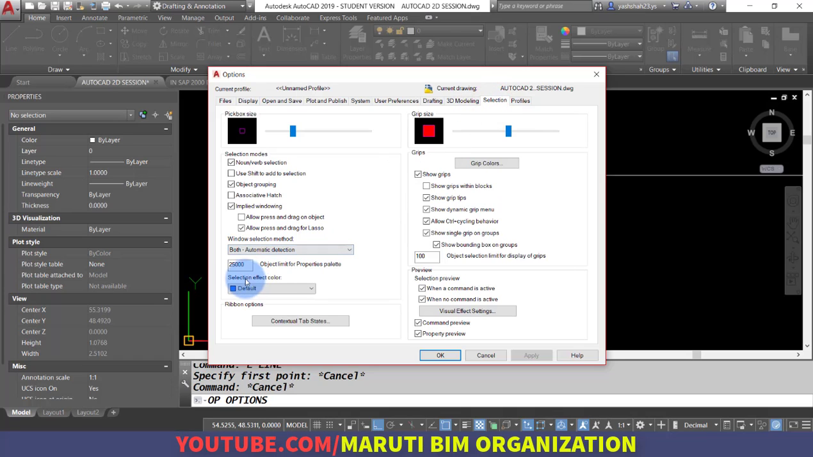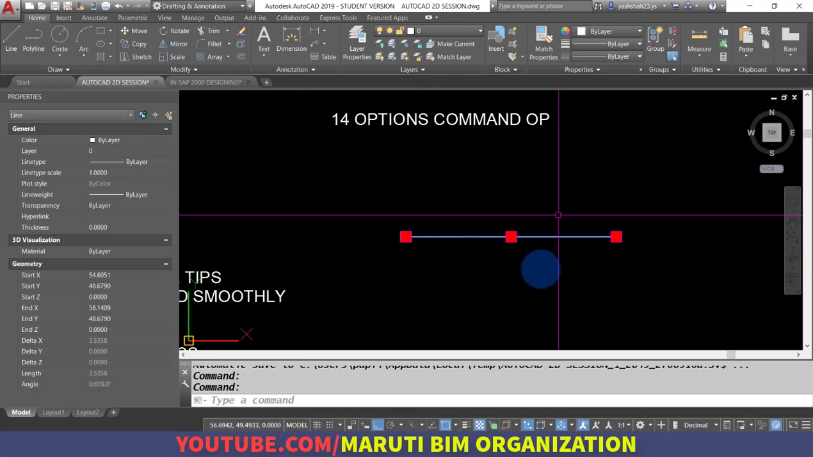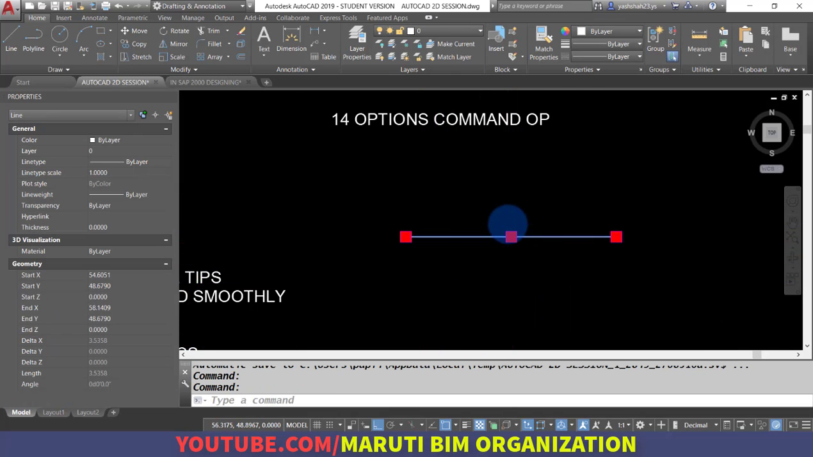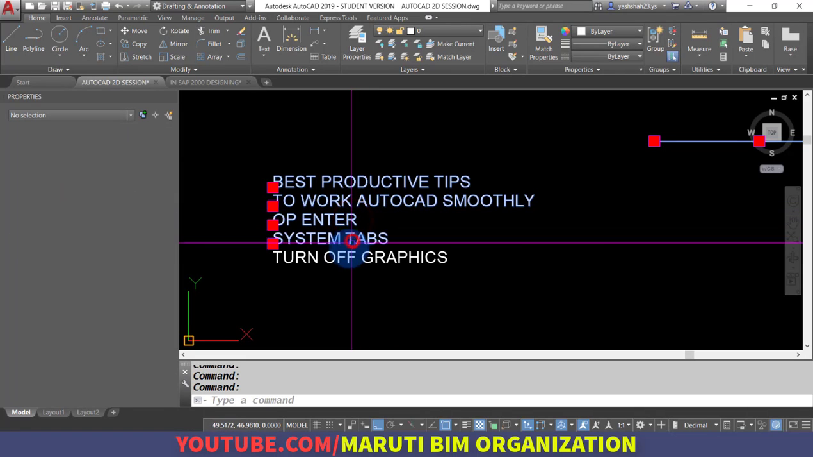Yes, in selection, this is important. How many objects limit selection? So here the object selection limit is 25,000. Let us see if I select a limit of 5. So first, if I select only one object, it shows me the grid. Second object shows me the grid. Third object shows me the grid. Fourth shows me the grid. But if I select the fifth object,